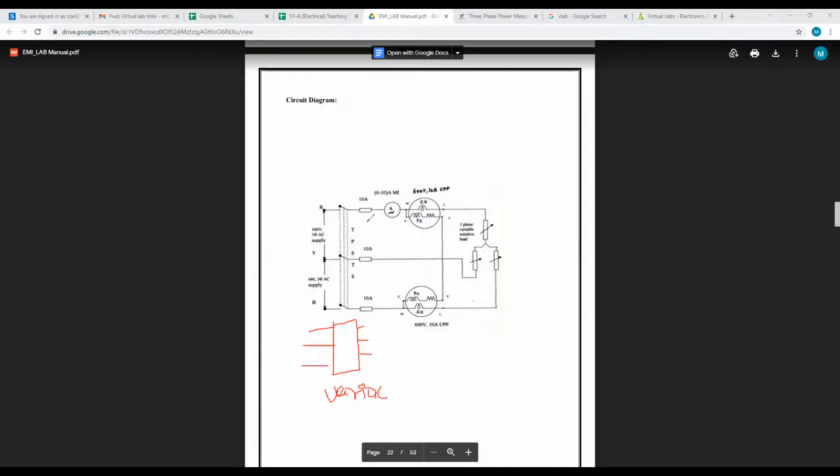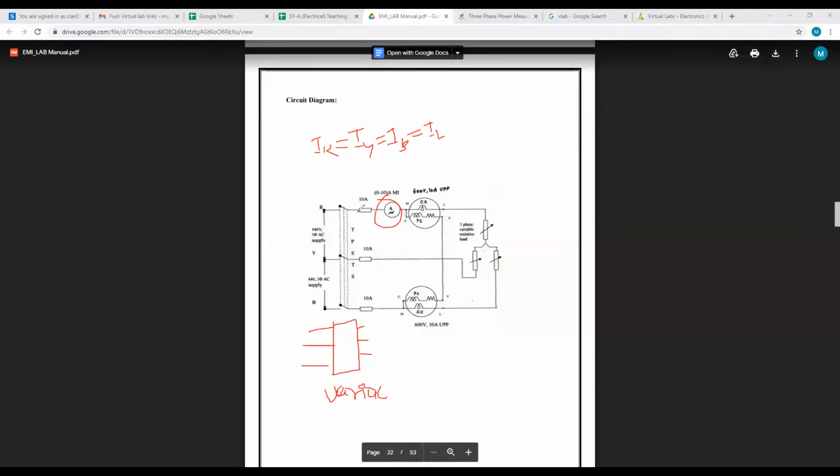Okay. So what we will do next? The R is connected to a 10 ampere ammeter. Here one ammeter we have to connect, now here also one ammeter, here also one ammeter, if the load is unbalanced. We are doing the practical for balanced load. For the balanced load, IR equal to IY equal to IB equal to IL. So only one ammeter is enough for us.